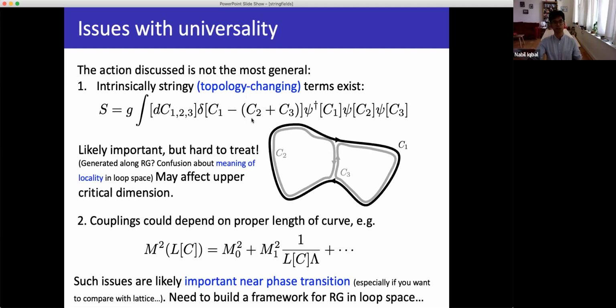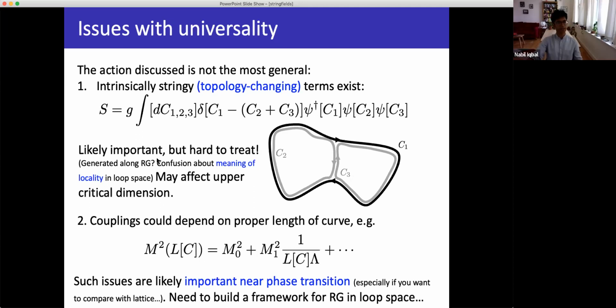And this term is actually invariant under everything that I wanted, okay? What it represents physically is that 2 strings are merging together to make a bigger string, all right? And this is physically quite reasonable, okay? It makes complete sense, and I think it's important, and we should include it.